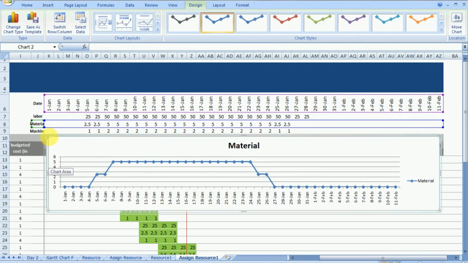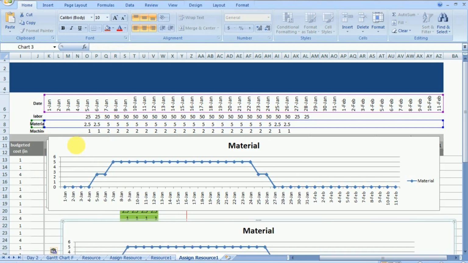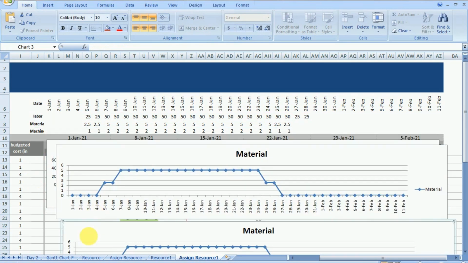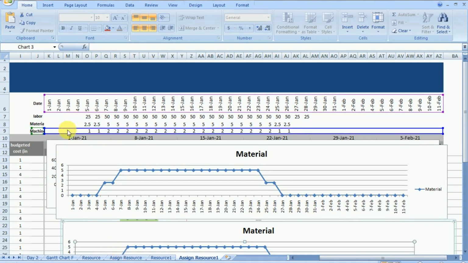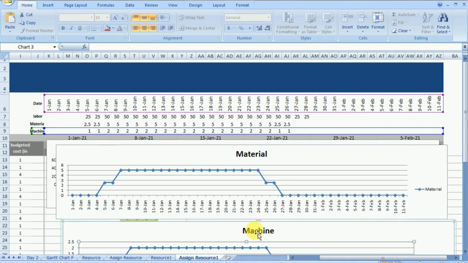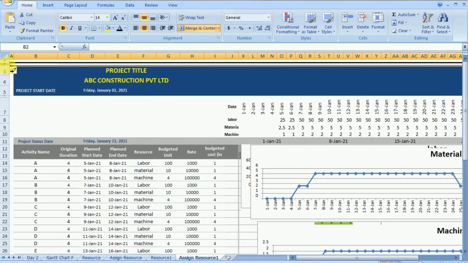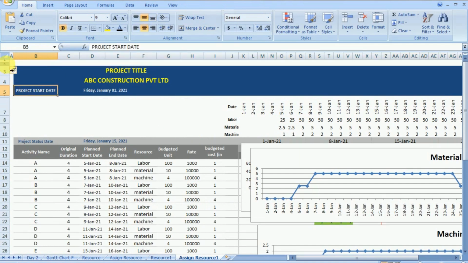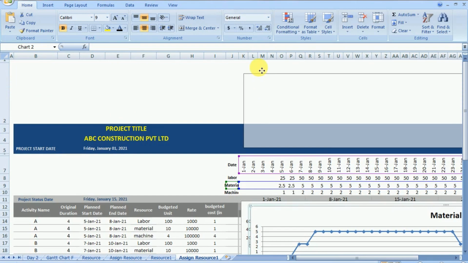So we have also implemented this chart for the material. Now the next thing is the machine. We can also copy the chart and then change it, like we have copied the material chart. Now you go to its data values and now you can drag the highlighted cells. Now you can see the machine is now replaced. Now we have to insert the row above the project title where we need to insert these charts and we have to increase the row height accordingly, and then you just have to do the rearrangement.